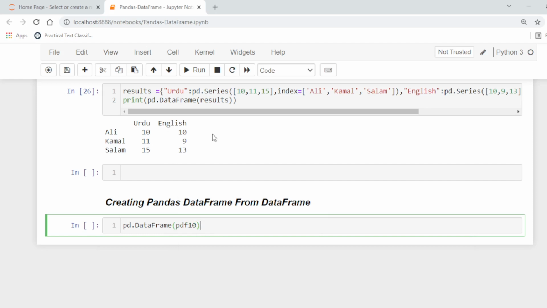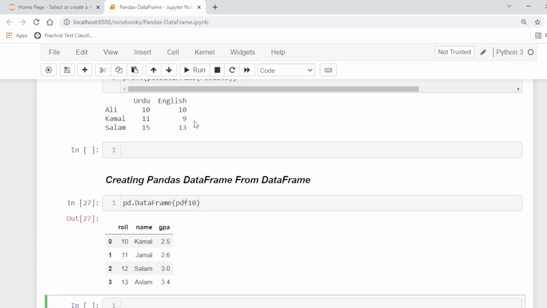So in this way we can use another data frame as an argument for creating a new one. Thank you. In the next video we will discuss some functions of the data frames.